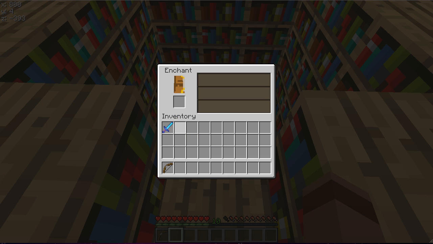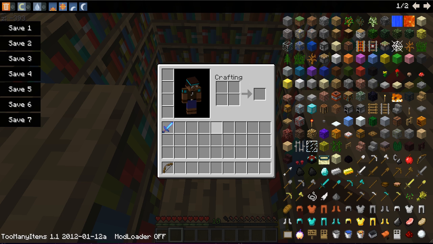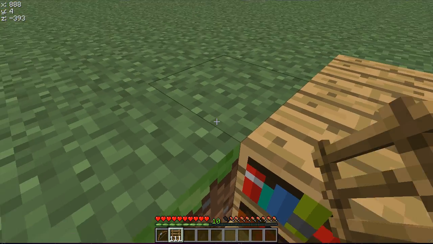And maybe you were wondering why the diamond sword didn't break. That's because I had Too Many Items on, which is a mod which gives you all these items here on the sidebar. And if you shift click while pressing on an item like ladder, I get 111 of the item. And I think if you place them,